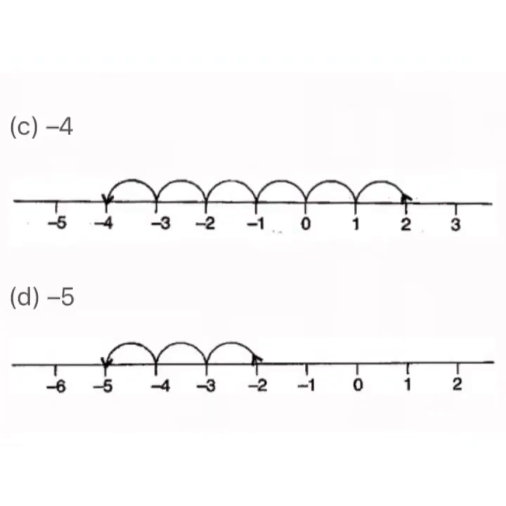Now the next one is 6 less than 2. Okay, children, so 6 less than 2 means 2 minus 6. Children, 2 minus 6 means minus 4. Here you will be thinking, why minus 4? Yes, because here minus 6, that means 6 is greater than 2. 6 has sign of negative. Minus 6 is negative integer, that is why the answer will be negative. So answer is minus 4.